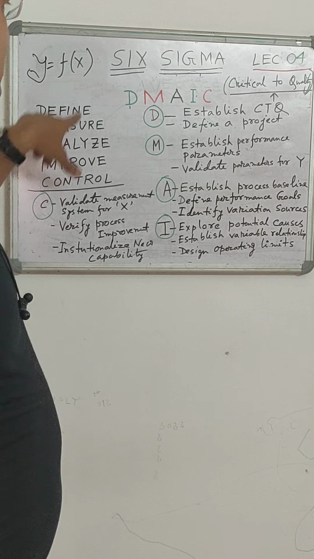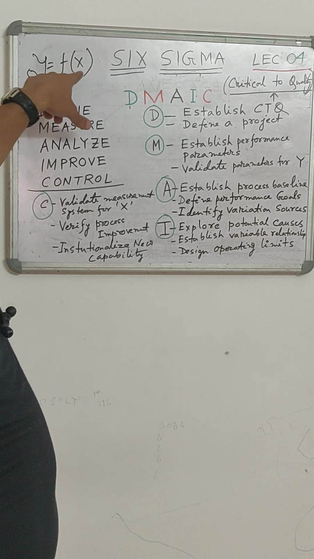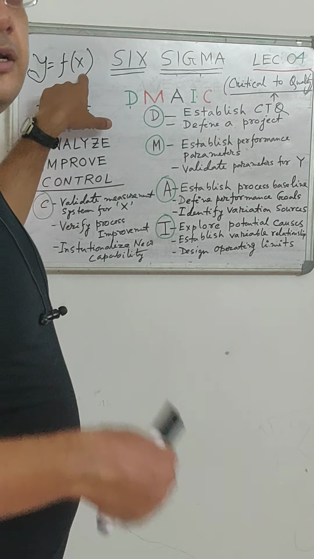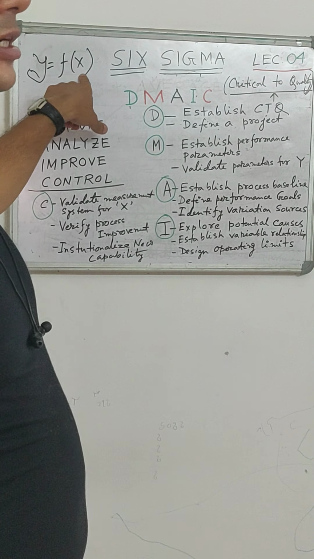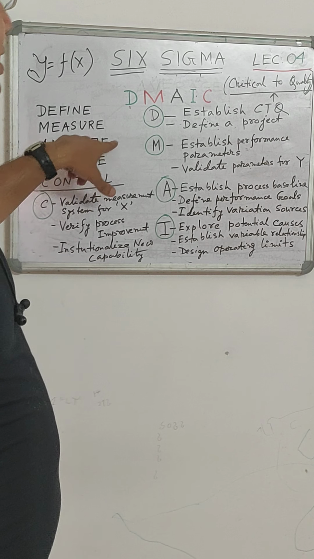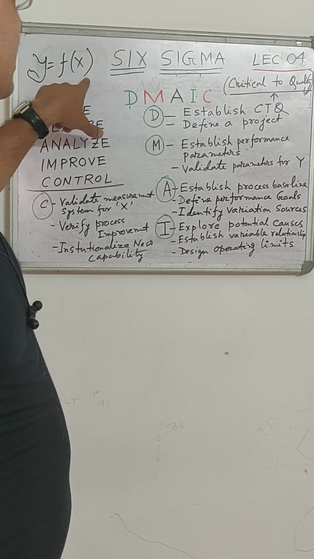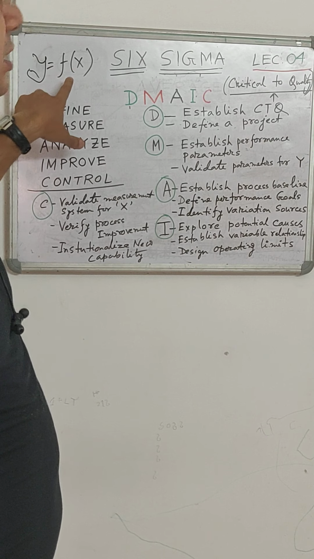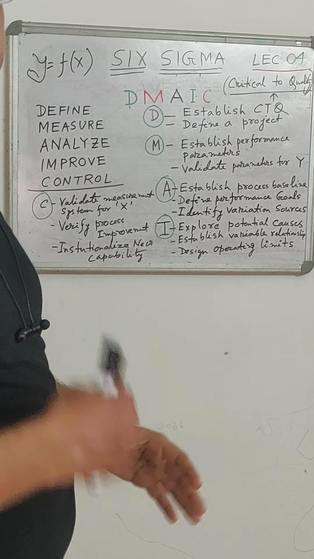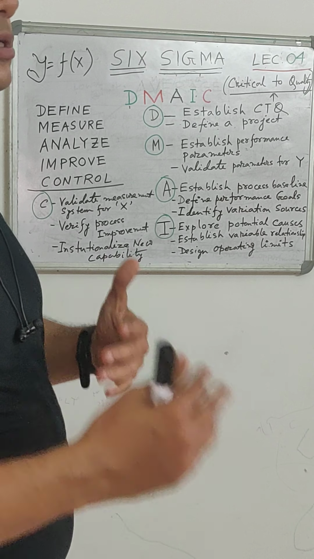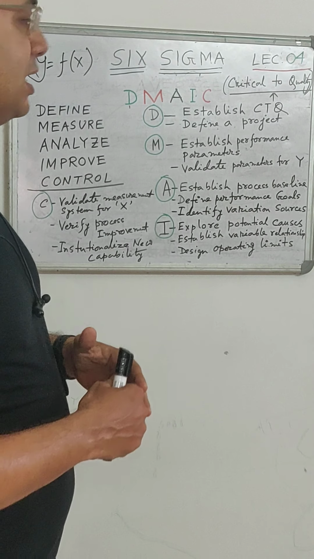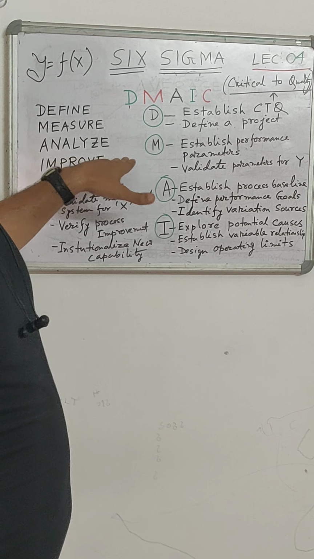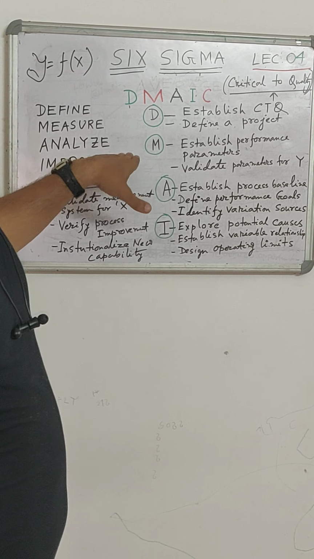Analyze. These x's are processed through various processes, temperature, any kind of value addition in the system. So we analyze the system, how these things are getting changed and how they are related to my y, how my output is dependent on them. Then we develop a relationship between dependent and independent variables. This is analyze.